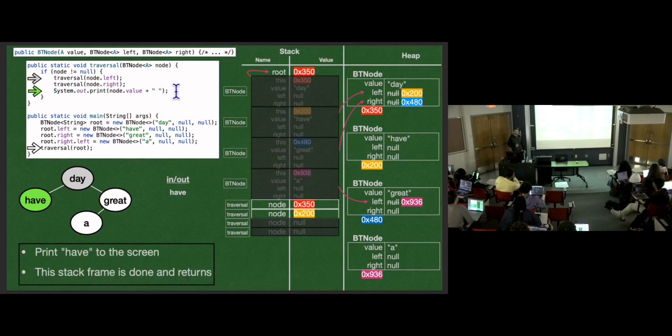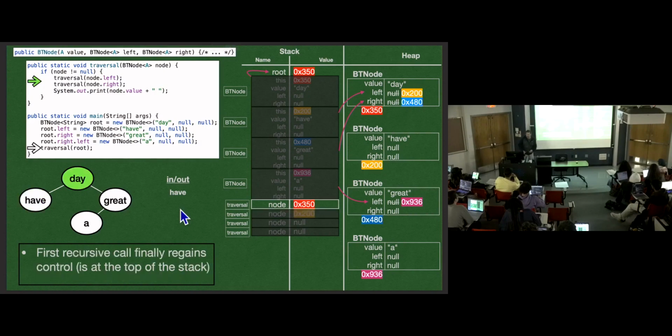So each node, each stack frame we're going to see, is going to have control. It's going to be the top of the stack, the active stack frame, 3 separate times. The first time it's going to make the left recursive call, second time right recursive call, then third time print its value and return control back to whatever stack frame called it. So that stack frame's done. It was able to print its node. It pops off the stack,